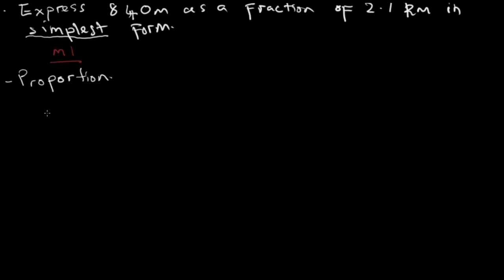And I need you to listen more carefully here. So we should know firstly that 1 kilometer is 1,000 meters. And now we need to find out what 2.1 kilometers is. And we will represent it with x, an unknown. So it's x meters. Before I operate on this, you should make sure, firstly, that this statement is correct.